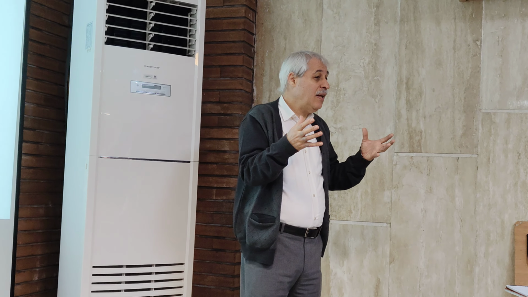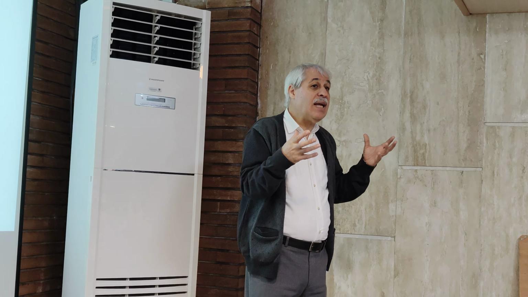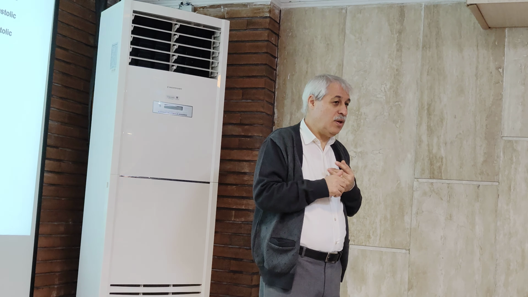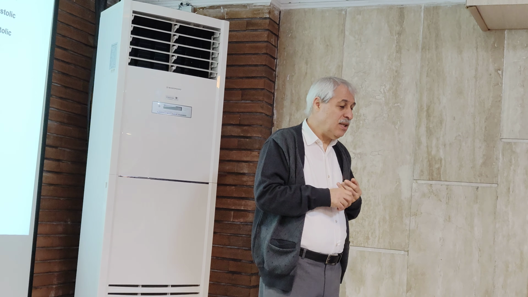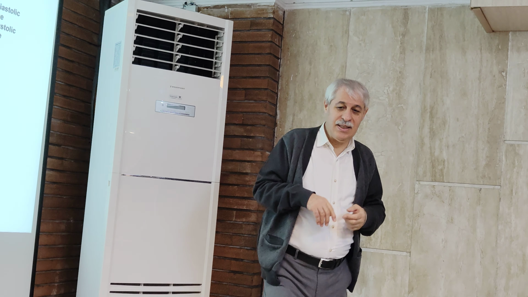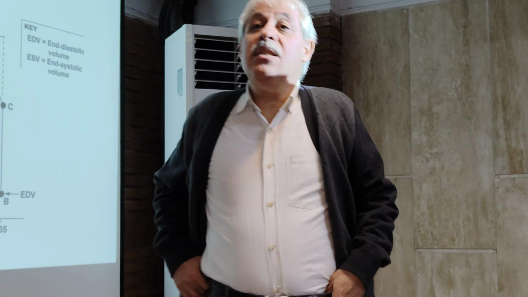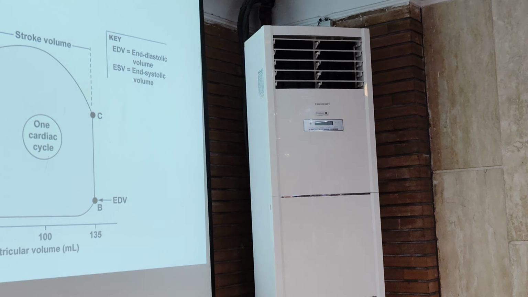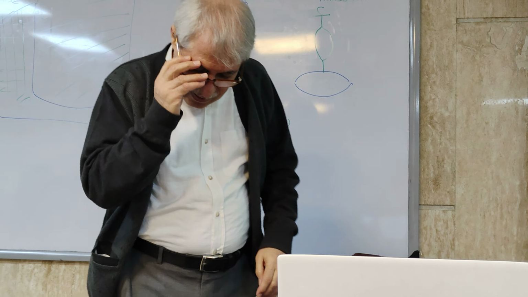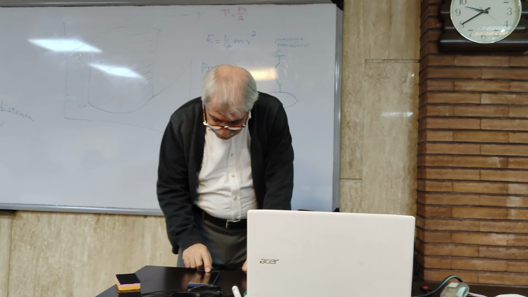When the heart cannot contract, then more blood is left. This is called eccentric cardiomyopathy. We have two types of cardiomyopathy. One, concentric, and the other one, eccentric. See, in eccentric cardiomyopathy, the left ventricle